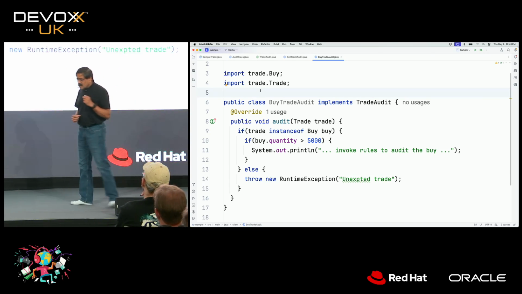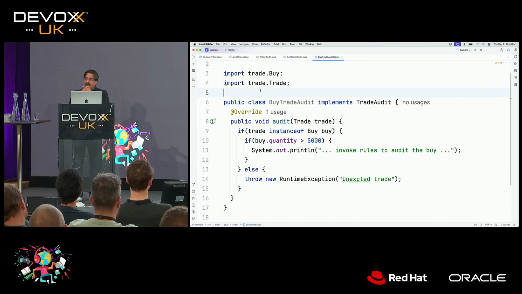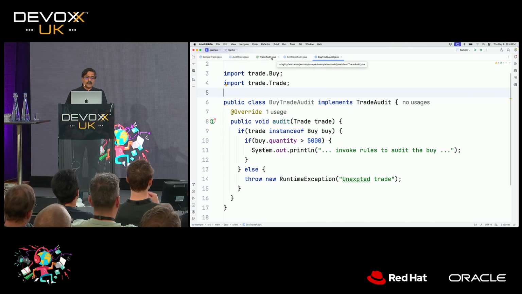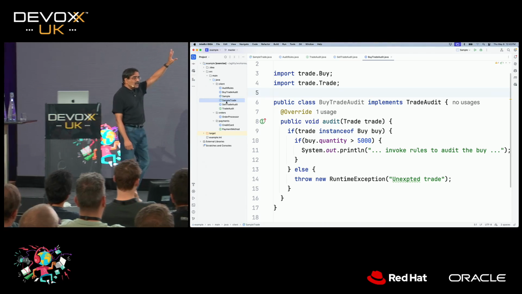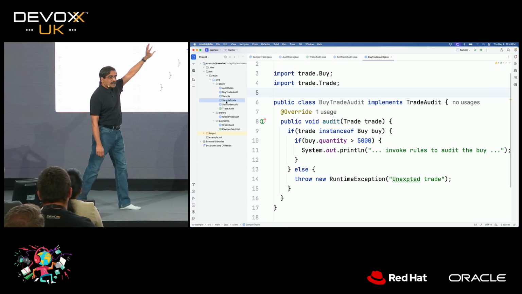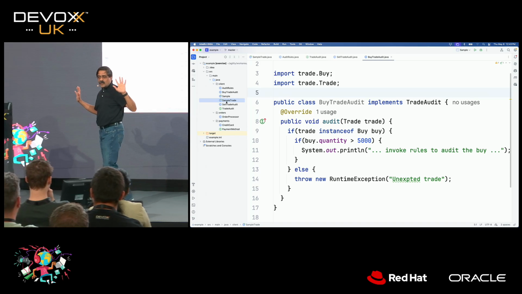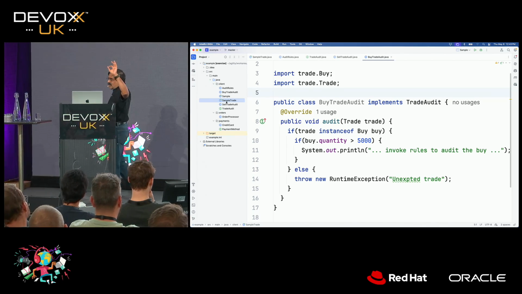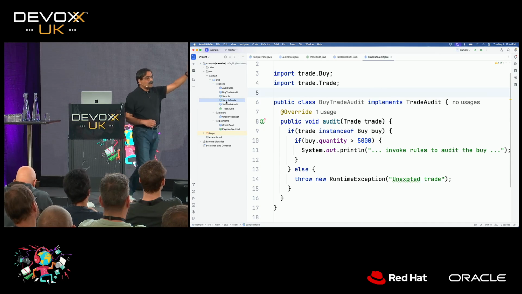Here's the benefit. If we introduce a new type of trade tomorrow, if that new trade is introduced, I can simply come over to my code base. I will add one more class in here. We'll call it my new trade audit, which implements trade audit. But the minute I implement it, I don't have to change any other code. That's the benefit, as long as it is in the package I expect it to be. That's probably the only benefit. So this code will be open-closed principle compliant.